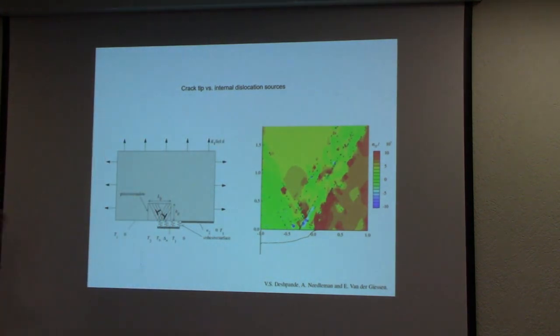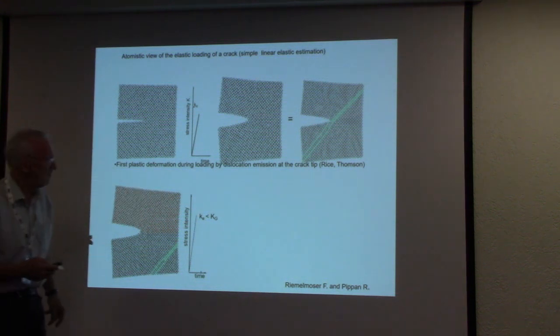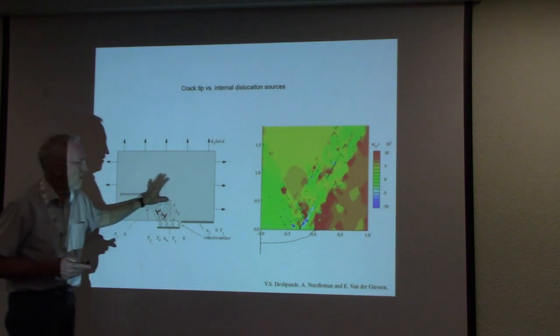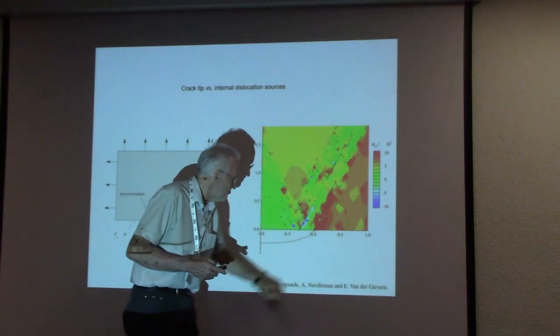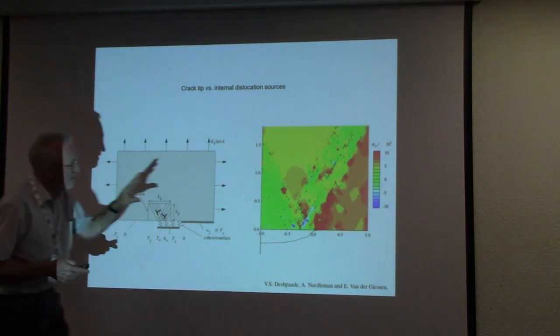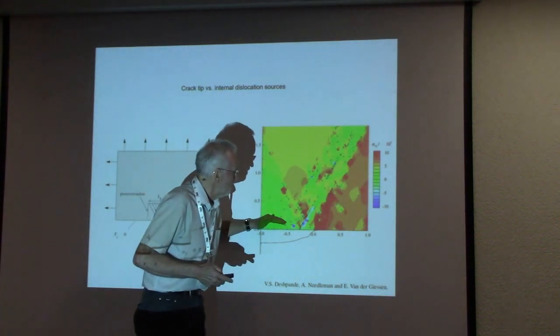The first group, this is the type of simulation we did in the 90s, with one of my first or third doctoral students. At approximately the same time, the group of Needleman and van der Giessen performed exactly the same simulation, but with one difference: they don't